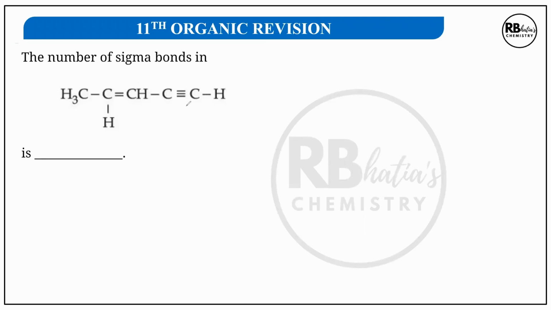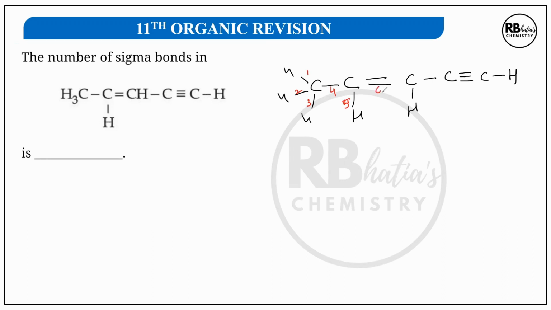Now, number of sigma bonds in this compound, how are we going to calculate? Simply expand a structure to calculate the sigma bonds so that all the atoms are clearly visible. And then we start counting the bonds. So I start counting 1, 2, 3, 4, 5, 6. You know, out of 2 bonds, 1 is sigma, remaining a pi. This is 7, 8, 9, and 10. So the answer to this question will be 10. Number of sigma bonds in this compound would be 10. We move on to the next question.